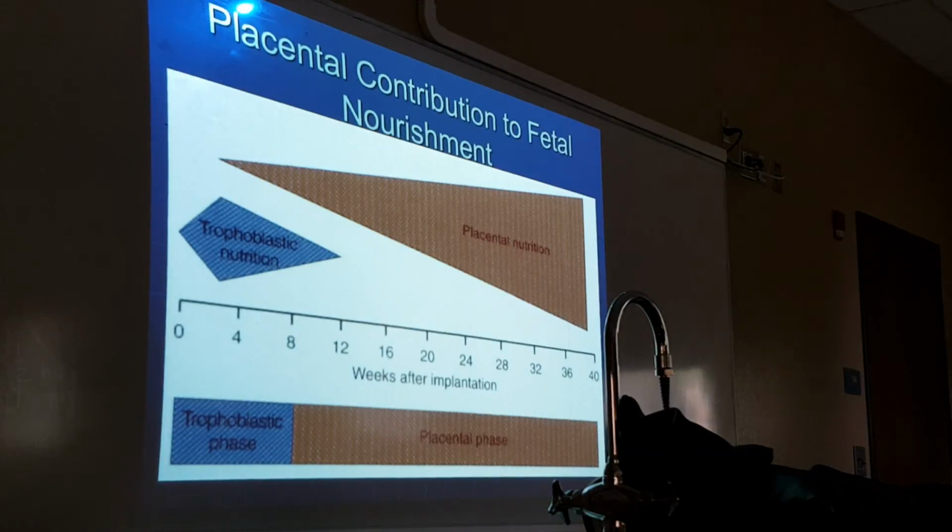Okay, and so the placental contribution to nourishment of the fetus is minimal to begin with because there isn't much of a placenta. But after about 3 months, we call this trophoblastic nutrition, and it derives from the word trophoblast, and it basically comes from the endometrial glands. Okay, and the endometrial glands give way